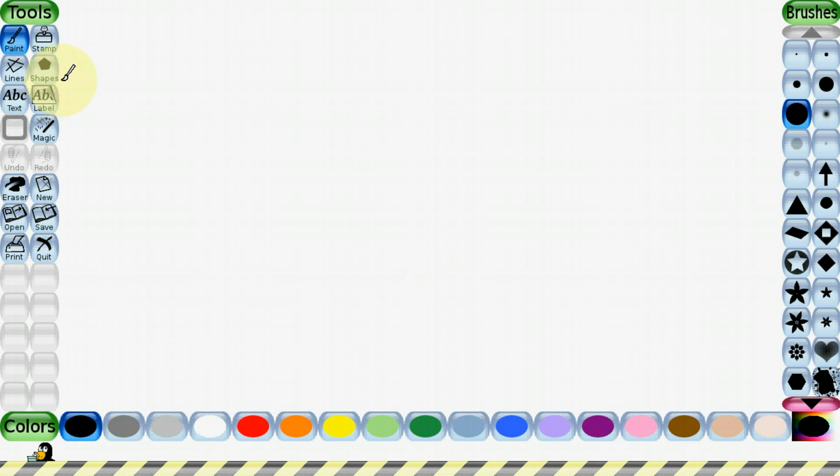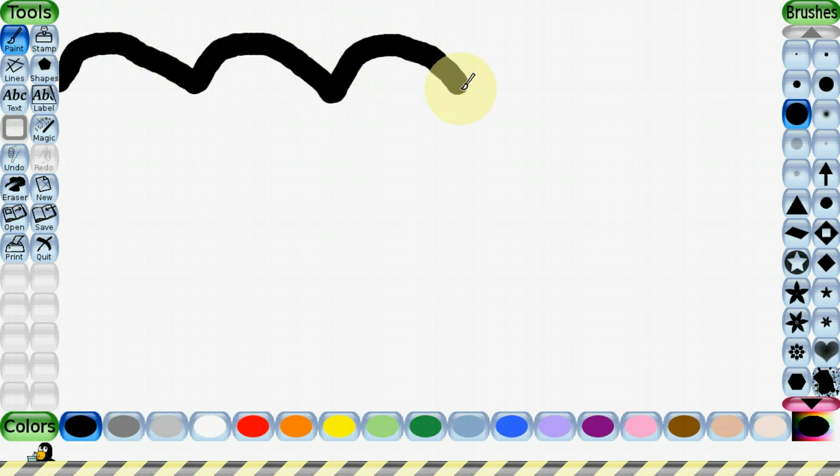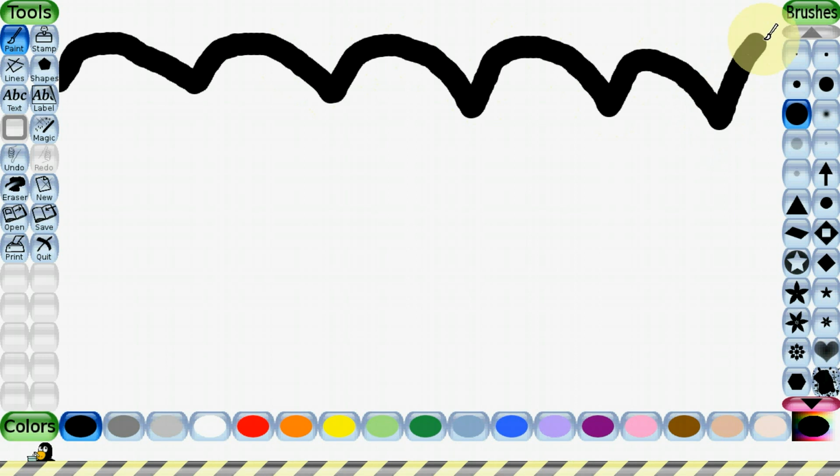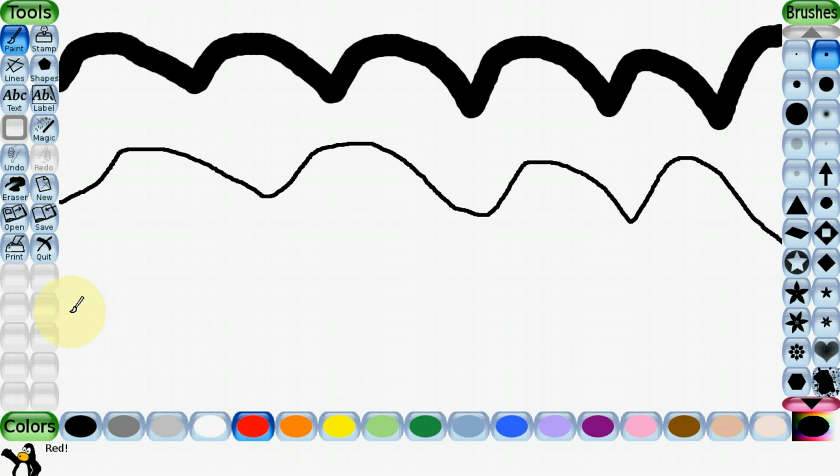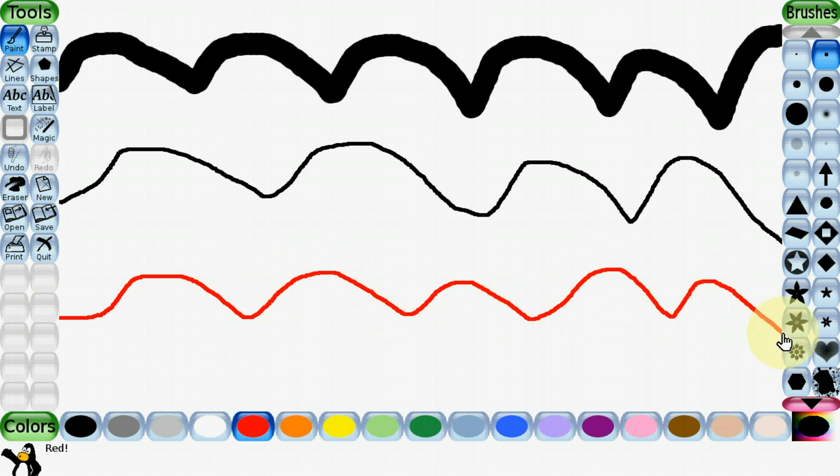Now let me use the brush tool first. How to use the brush tool? Whatever drawing you want to make, use the brush like this. You can reduce the thickness of the brush by using this brushes tool. See, now I have changed the brush thickness. Whatever you want to draw or prepare here, you can prepare using the brush tool. If you want to change the color, click on a particular color and then just draw whatever you want.